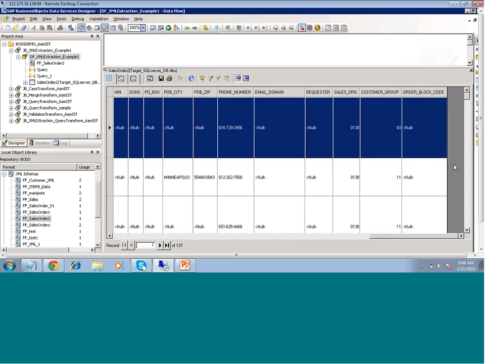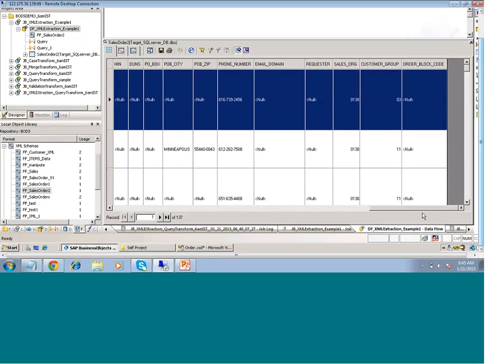So order block code, there are some orders that will get blocked, so it depends upon the requirement. So that is called an order block code. So what type of block they have done. All the information that is mentioned here is related to the sales order from that perspective, like the sales organization. So now what actually we did, we just tried to understand